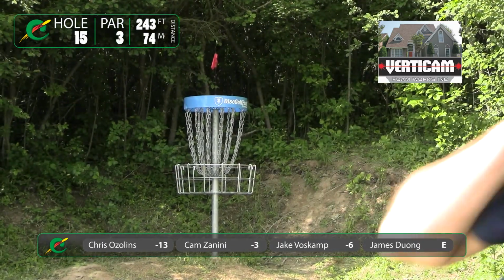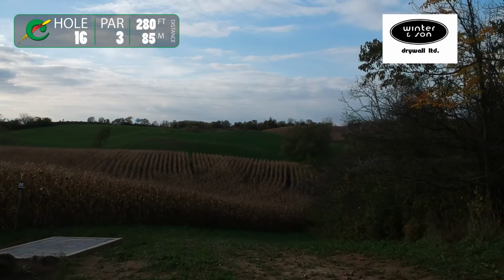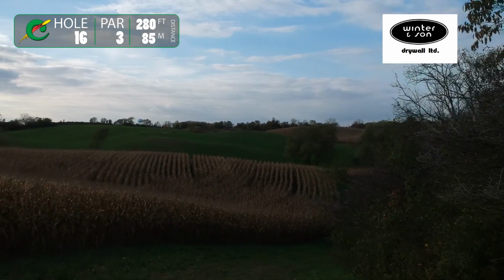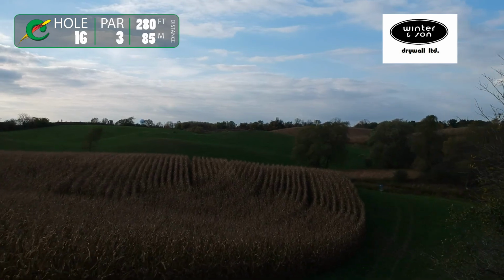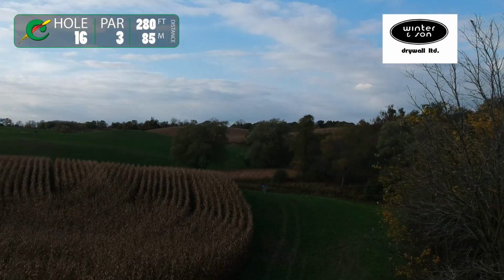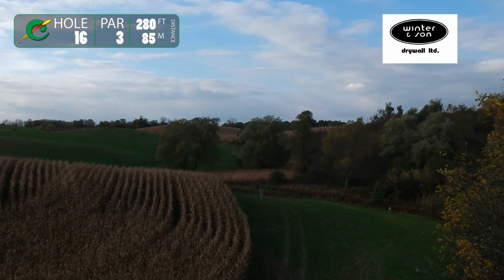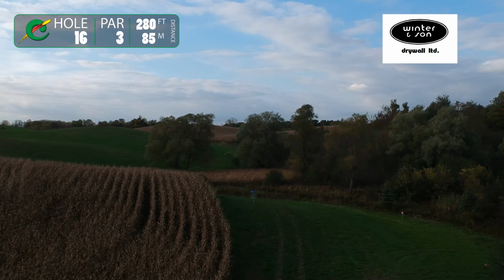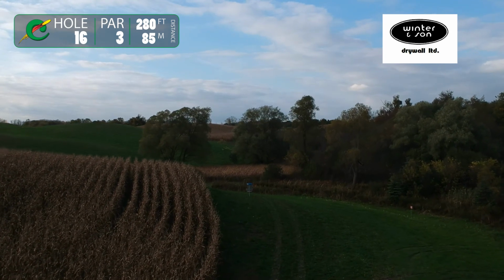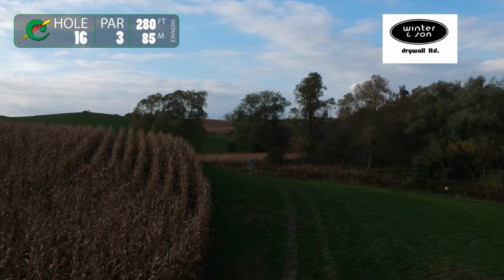On to number 16. James with the only 3 there. Lots of 2s. Hole 16, 280 feet. That's pretty accurate. You can't see the basket from the tee pad, so you're relying on either a forehand out way left and have it come crashing in, and hopefully it stops on the hillside, or you got to throw a backhand that floats all the way there and just sort of checks up nicely. It is a very difficult hole